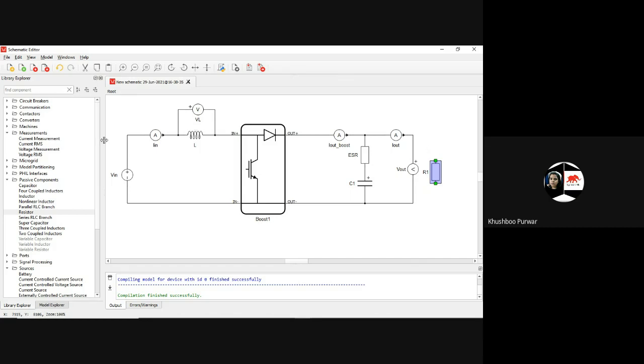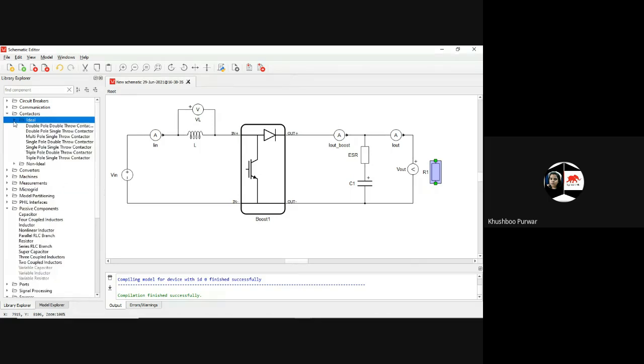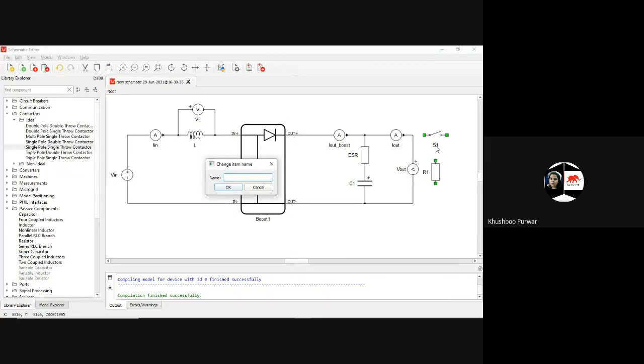Single pole, single throw contactor. From the contactors, we will use the single pole, single throw contactor. So this is the single pole, single throw contactor, and here you name it as load. This is load.